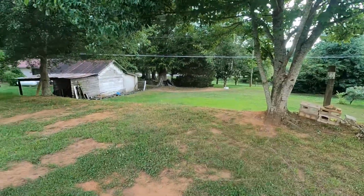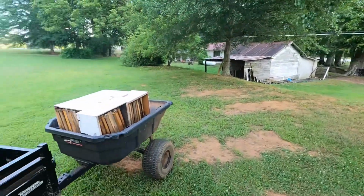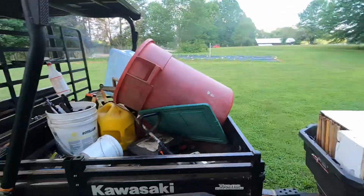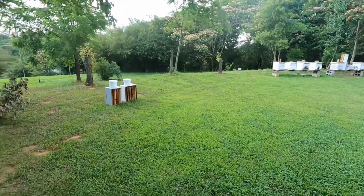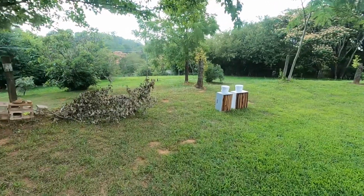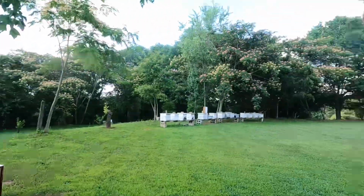I dropped the super down there. I gotta go get it, or deep, and then these I'm gonna get unloaded, and I'm just gonna pile them all here because probably tomorrow is when I'm gonna do all that. It is 5 o'clock today, and I don't want to get into that today. I've already worked all day. It's hot. I think it's the hottest day of the year. I think got a 92. I don't know. I haven't even checked it yet. So I'm gonna get these unloaded, stacked right there for tomorrow,